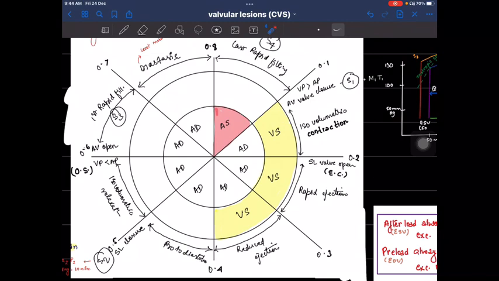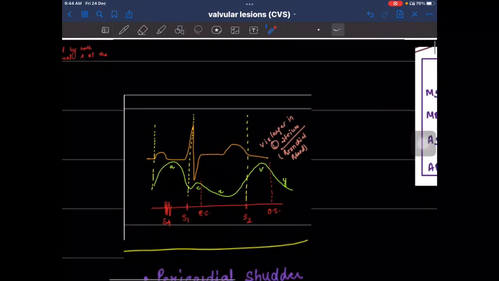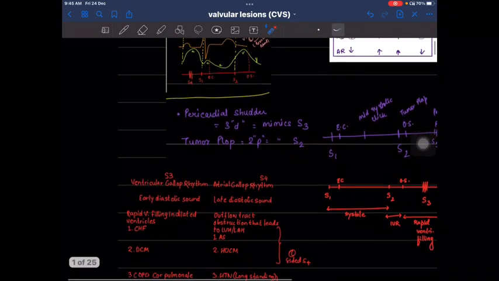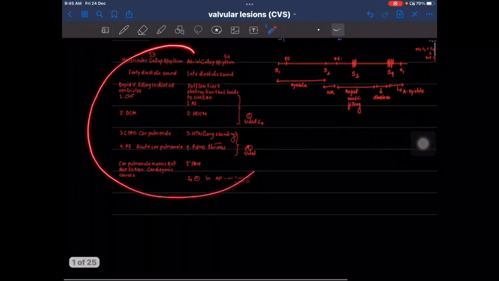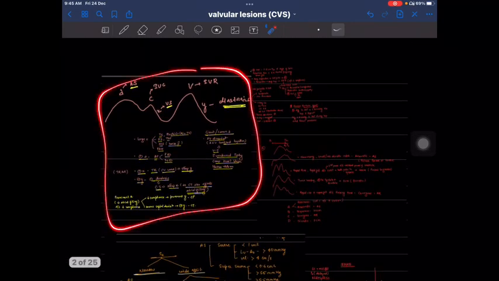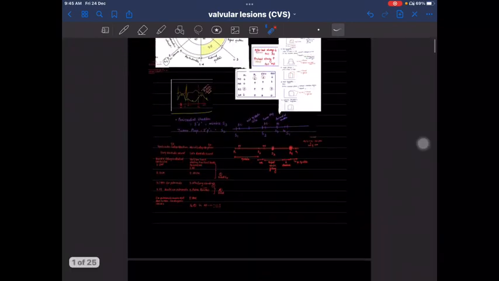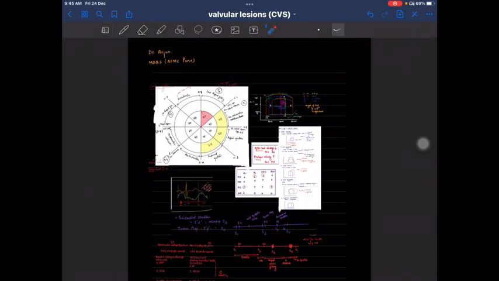With that said, some further reading into the Wiggers diagram: what part of the ECG corresponds with what part of the JVP and what part of the heart sounds. This is also very helpful, as is a basic idea about all the heart sounds. And lastly, of course, JVP is very important. I hope that when you start this lecture, you are thorough with all these things because this is going to help you a lot.